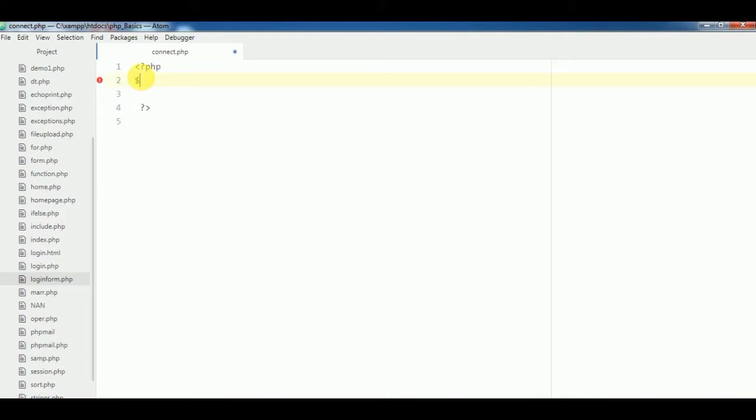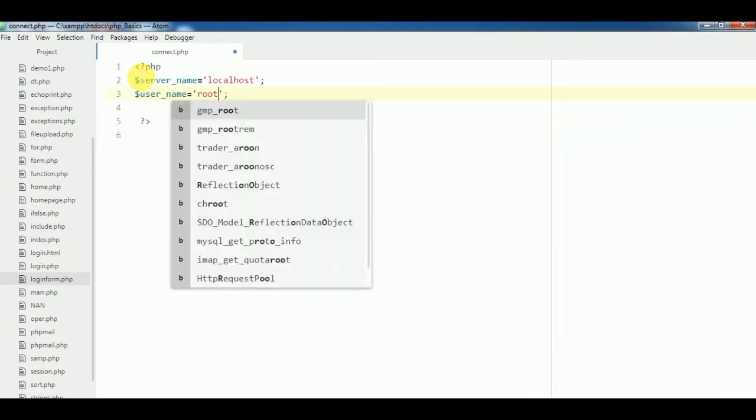So first of all we will create four variables: server_name, and its value will be localhost, user_name, and its value will be username, which is root,